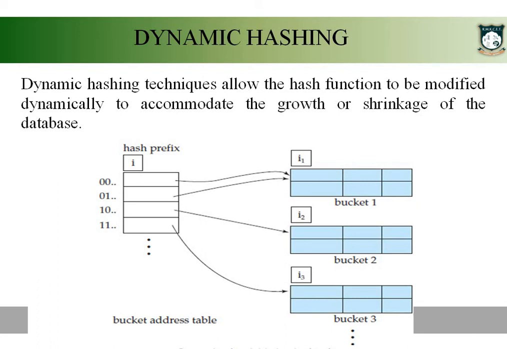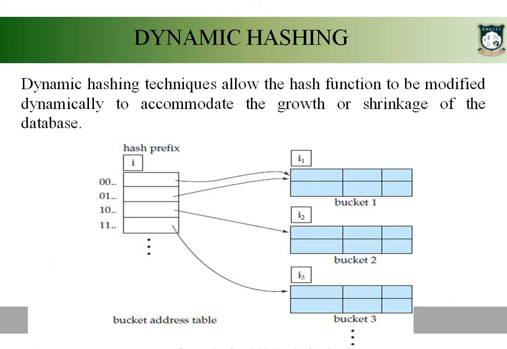Here the number of buckets is decided by a parameter called the hash prefix. Initially the hash prefix will be 0, then when you keep on increasing the records, it will increase. The hash prefix will be 1, 2, 3, and so on. Based on the demand the hash prefix will increase, and if the demand is less, the hash prefix will decrease. Now what does this hash prefix decide? It decides how many buckets we are going to have.